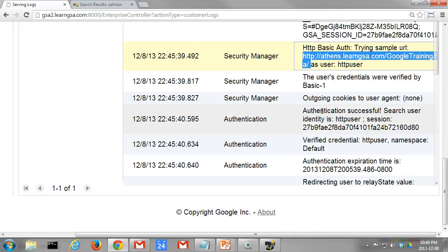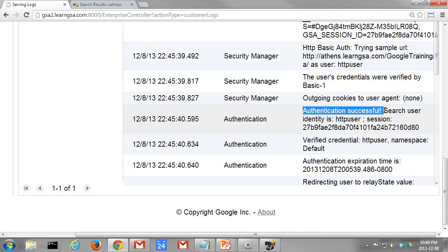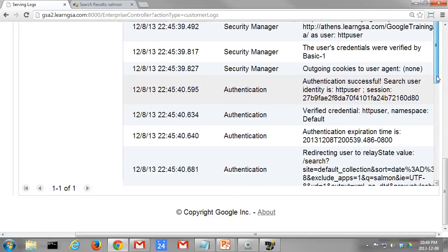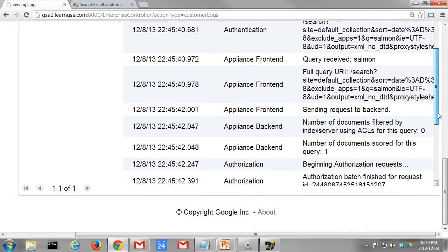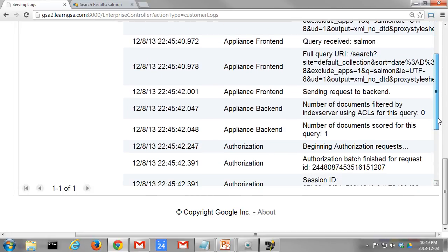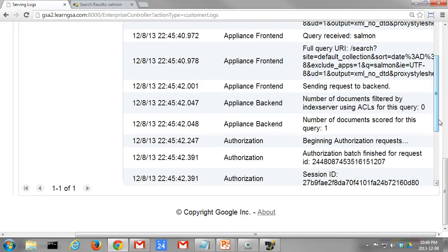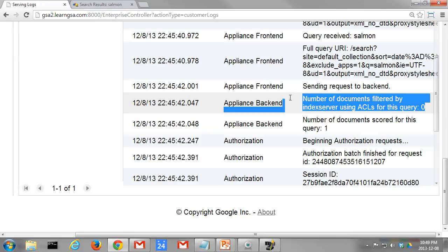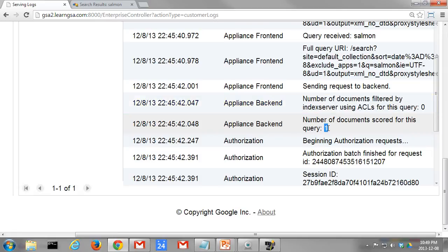And that worked. Authentication successful. So then, it runs the query internally, and it finds out how many documents actually match the query. If they have ACLs, that shows up here. There are no documents with ACLs, so it does a regular search for other documents, finds one document, and then